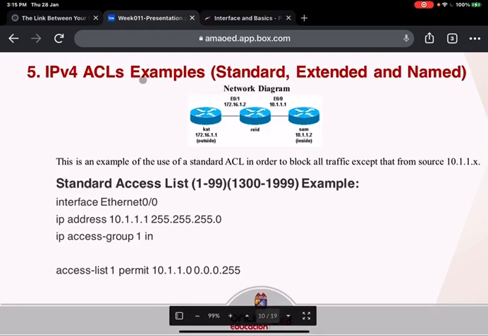IPv4 ACL examples using standard, extended, and named ACLs. For this example, we have a network diagram with three routers: the outside router, the RAID router in the middle, and the inside router. This is an example of the use of a standard ACL in order to block all traffic except that